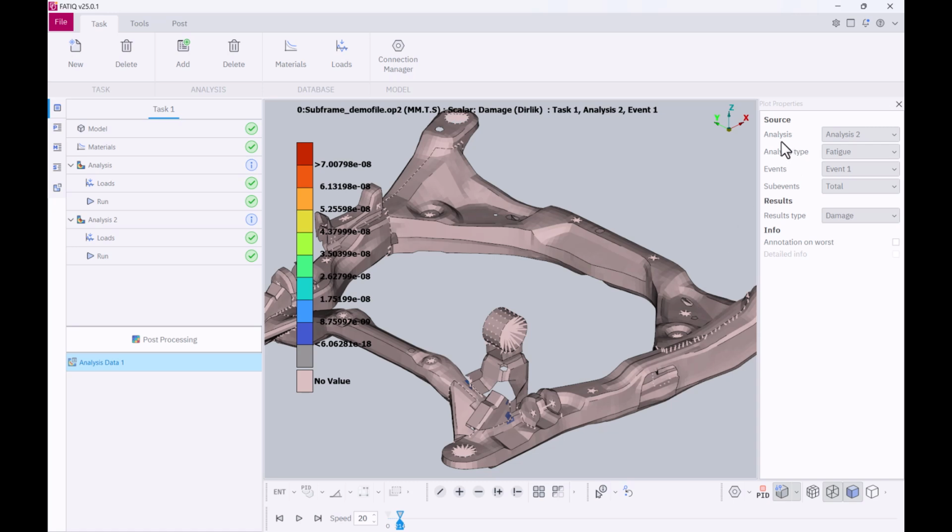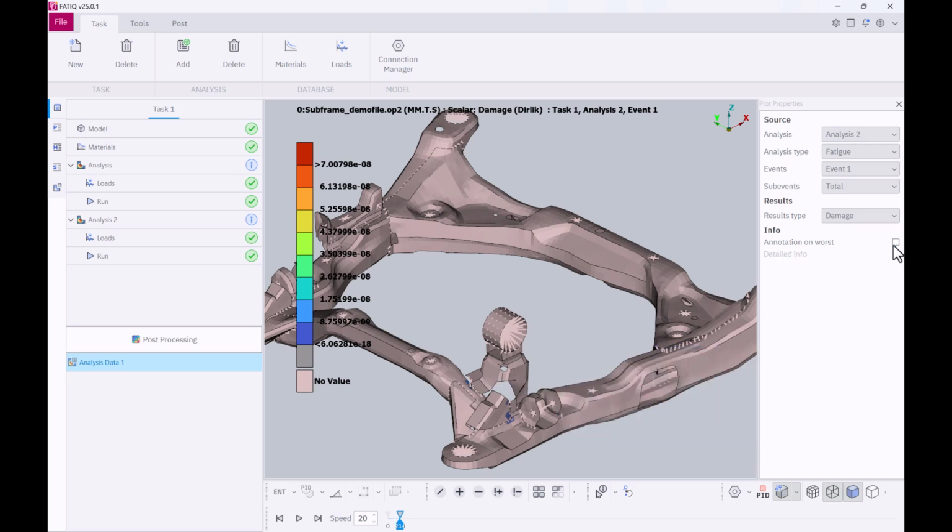The user can switch the respective fields to display the results from the desired analysis. Through fatigue analysis type, results such as damage, life in seconds, log of damage, log of life, and spectral moments can be demonstrated. Especially for the second analysis, where a random PSD and a deterministic load are combined, the results are accessed for each frequency of sine sweep. Furthermore, it is easy to define annotation on worst element with detailed information.